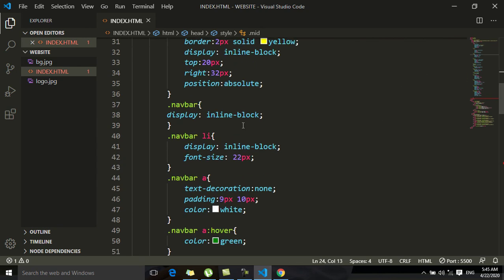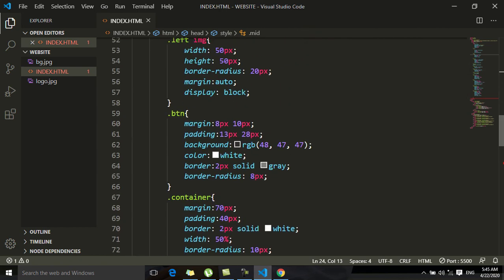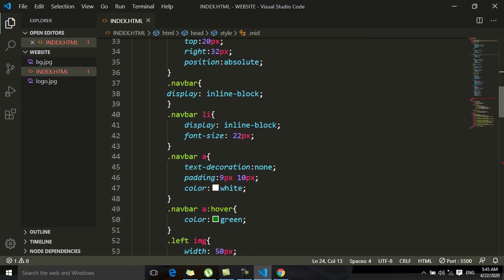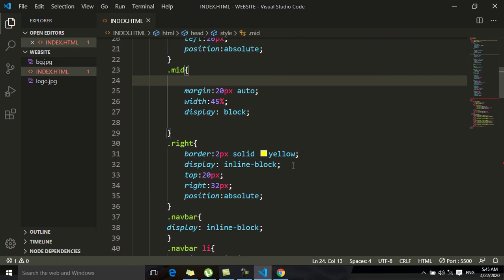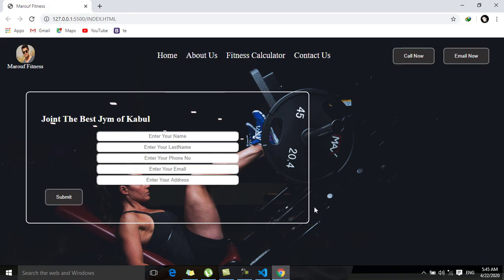The next is from right, remove the border. As you can see, this is our website, so you can change the color of these buttons and these also,